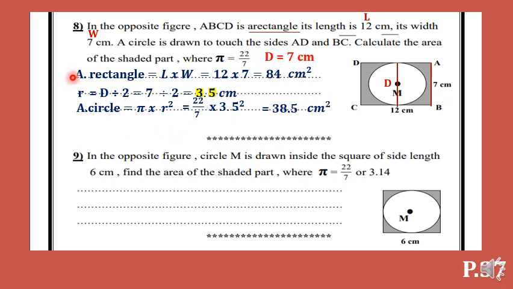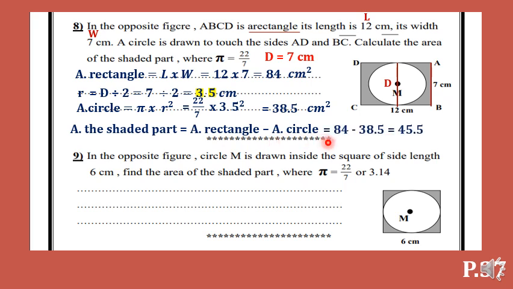Now we have the area of the rectangle and we have the area of the circle. We have the area of the outside shape and the area of the inside shape. Can I find the area of the shaded part? Yes. Area of shaded part equals area of rectangle minus area of circle equals 84 minus 38.5 equals 45.5 square